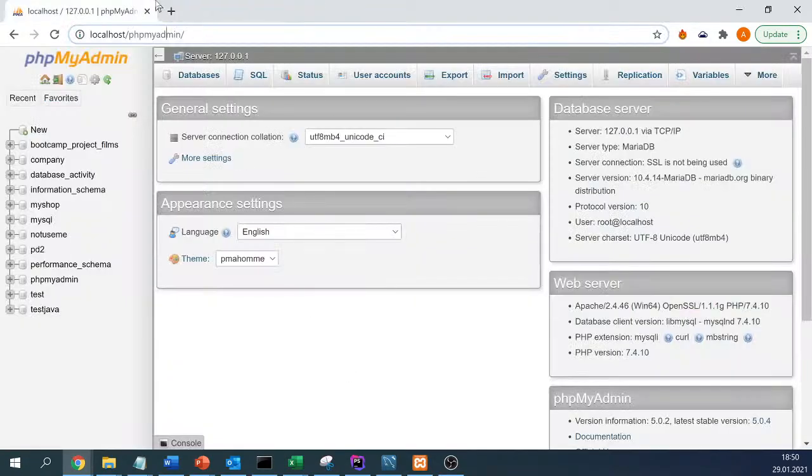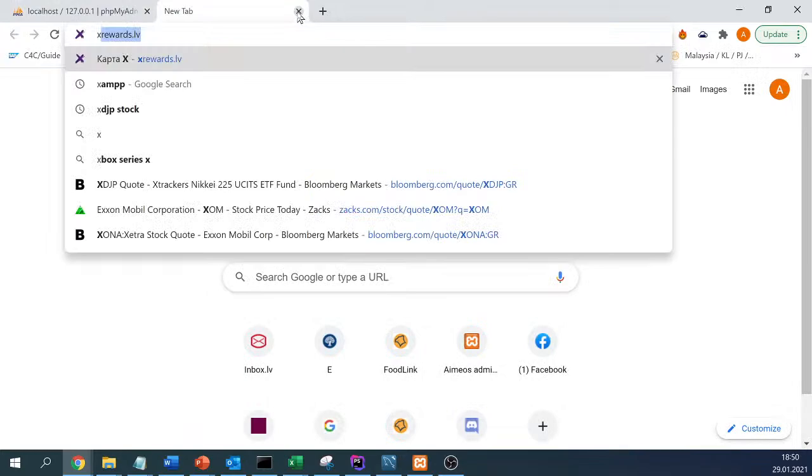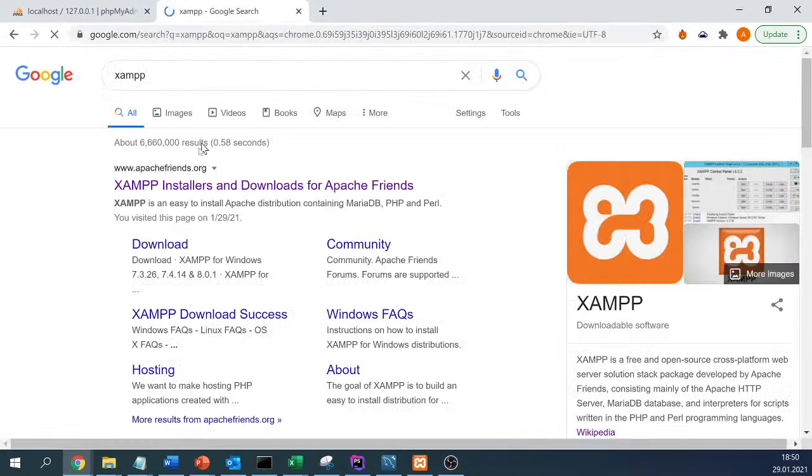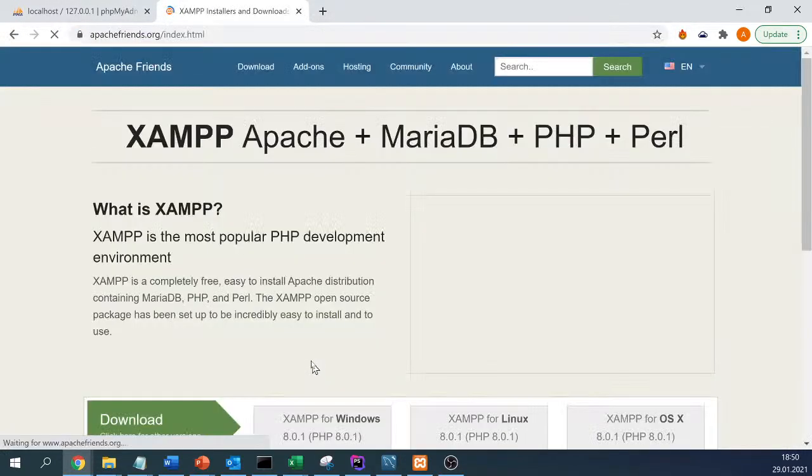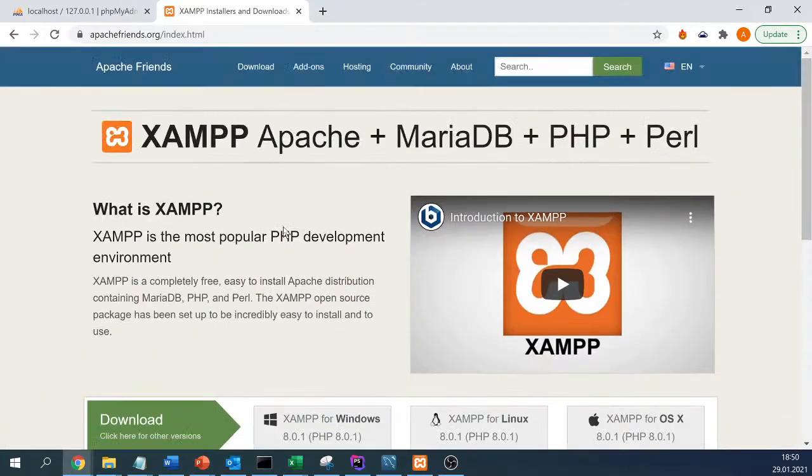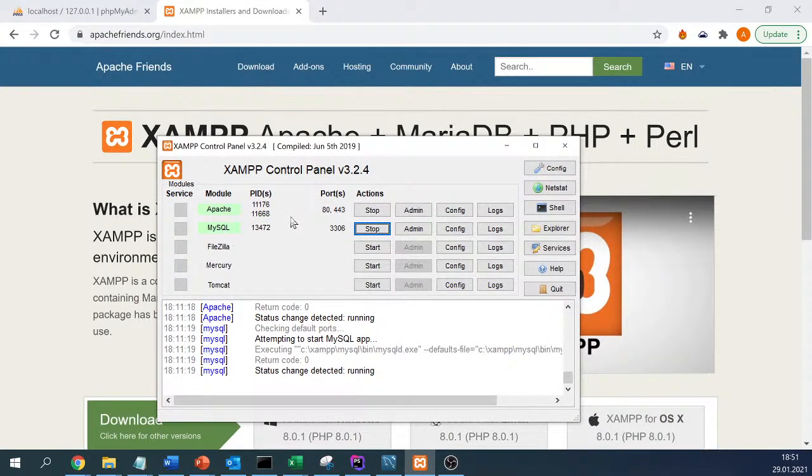Then maybe XAMPP would be a better option, especially maybe a little bit later, not in this course, but in the next, more advanced course. There will be some things talked about web development, and for web development XAMPP can be really useful. So the idea is that if you download XAMPP, then all the main things will be downloaded,